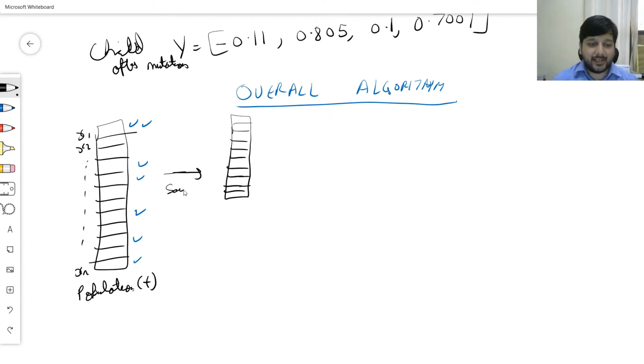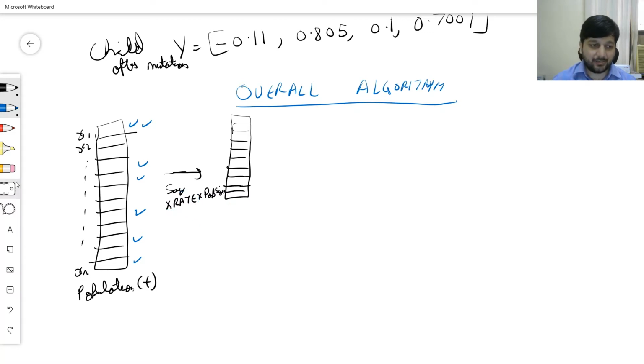And say I select crossover rate times the population size, where crossover rate is the number of individuals that undergo crossover. So it's the number of individuals or percentage of individuals.